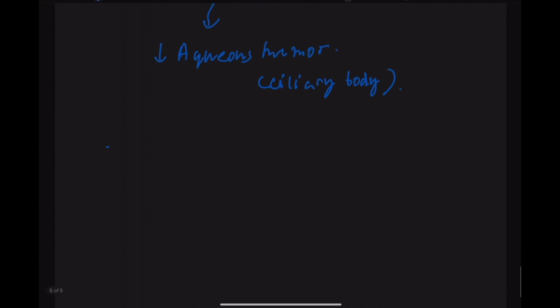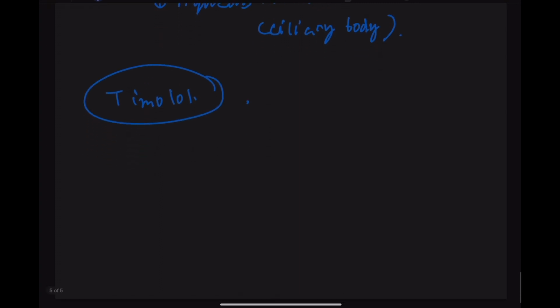Here the drug we use mainly is called timolol. So why is timolol used in glaucoma? Because it lacks the membrane stabilizing property. Membrane stabilizing property. As you can see, the other